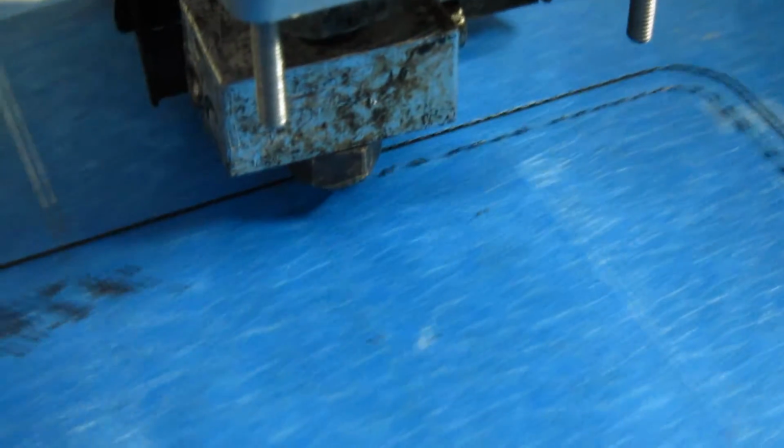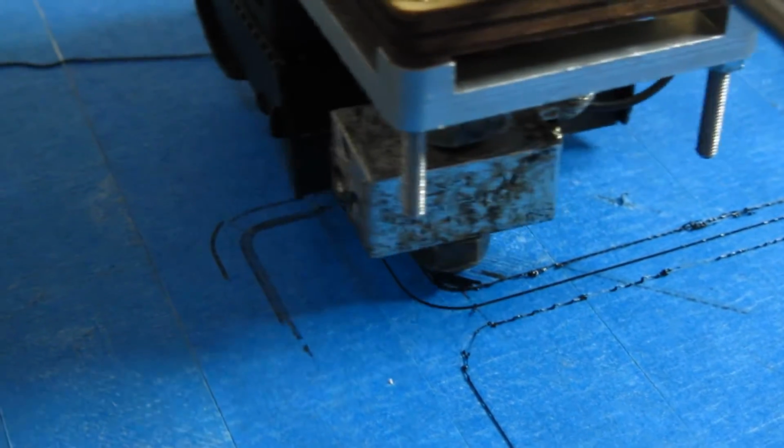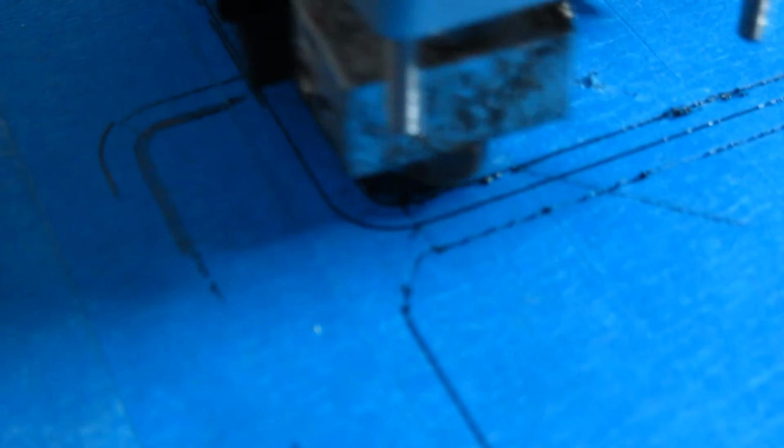So as you can see now, it looks like there are no problems. On that side, maybe a little bit, you can see the dots. But there you see already a problem, you see here? So that's not good. I cleaned up the nozzle and it's already giving problems right now. So something is wrong, you can see that. It's not good. Well, now it looks okay. So let's wait a little bit till